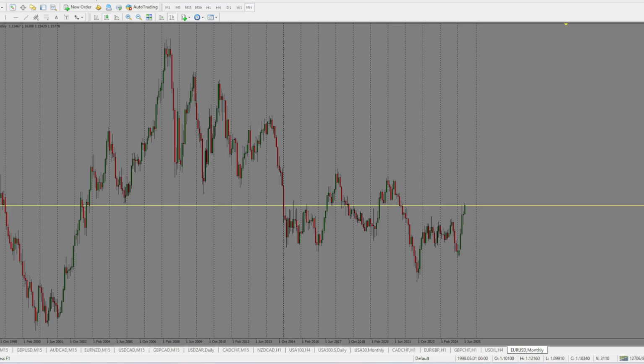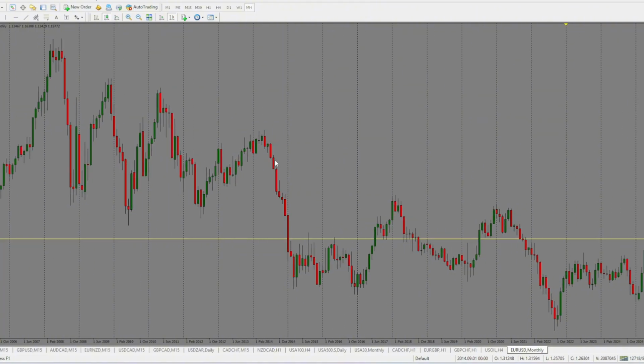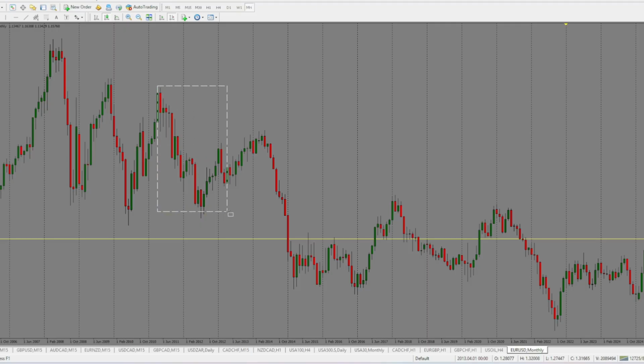So my broker has data down to 1997, but I do not need much more data, because all that I am seeing here is almost a cycle that is visible on the monthly time frame. So when you come to any time frame, all that you want to do is mark these impulses. We can see that there was a drop of the market, which is an impulse on the monthly